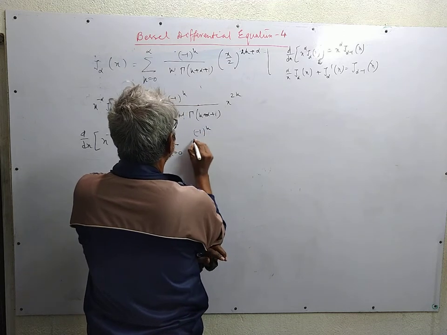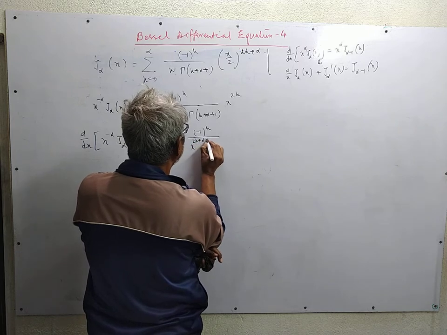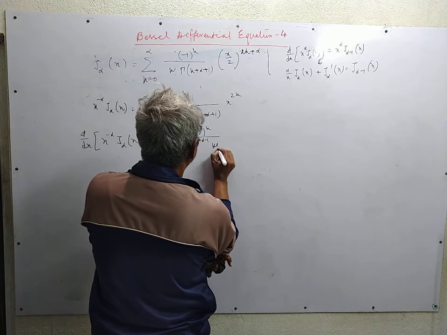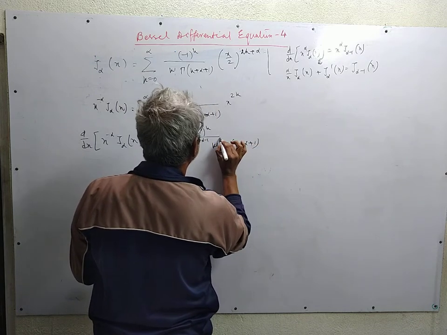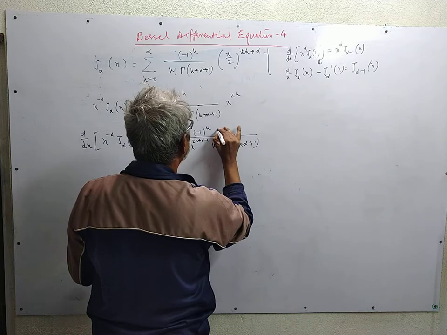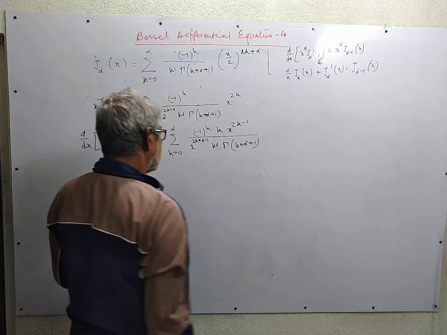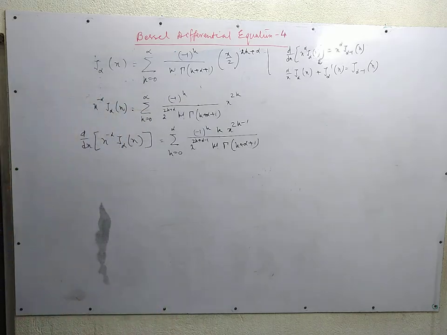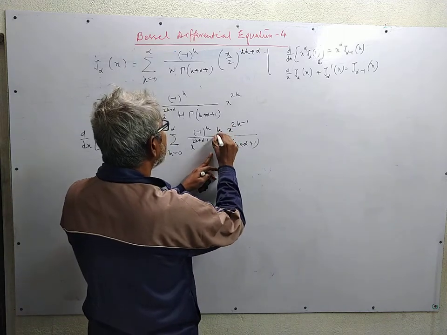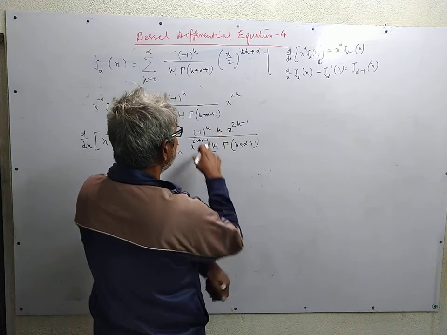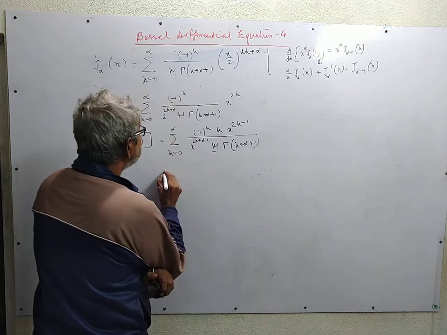Minus 1 to the power k, here it will be 2k plus alpha minus 1, k factorial, gamma of k plus alpha plus 1, and this is k times x to the power 2k minus 1. Now first adjustment: this part and this part are adjusted to make it k minus 1 factorial. So this becomes